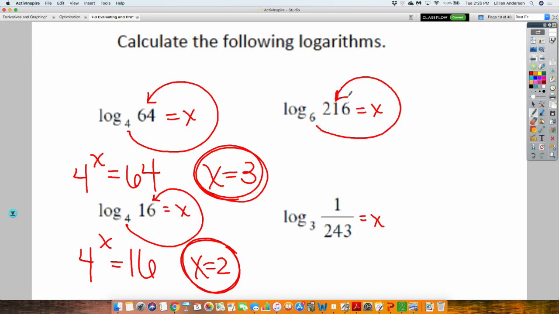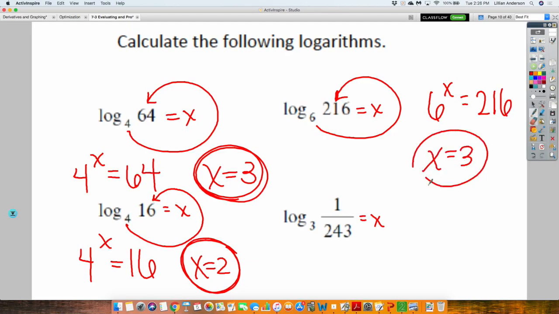To evaluate a log, you want to write it in exponential form. So that's going to be 6 to the x power equals 216. It is 3. Trust me, you're going to do plenty of these that by the time you're done, you'll know at least all your powers, like 1 through 8 up to 3. Okay? But yes, 6 to the third power is 216. Now this last one, when I loop around,